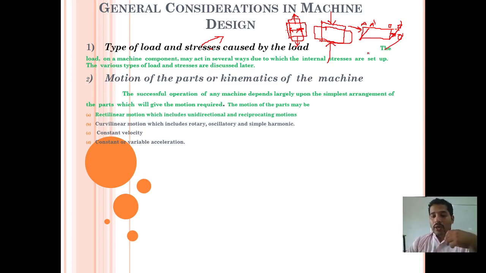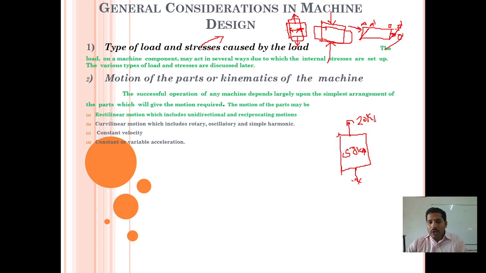If you apply a load, let us think about it. The internal resistance capacity of the body can sustain a load of 50 kilonewton. If you apply a load of 10 kilonewton from both sides, will the body elongate? No. If you gradually increase it to 20 kilonewton, the internal resistive force is more than the external force applied, so the body will not elongate. If you apply 40, the external force is still lesser than the internal resistive force applied on the body.